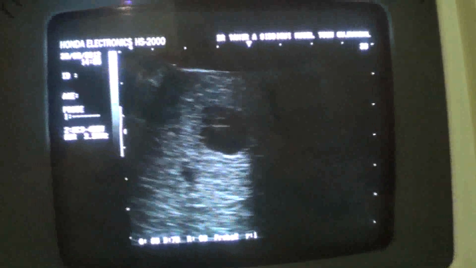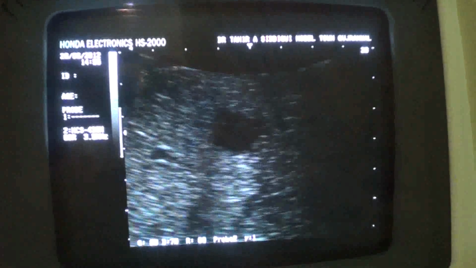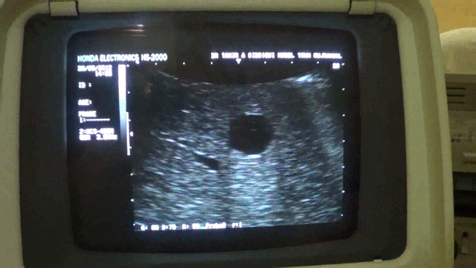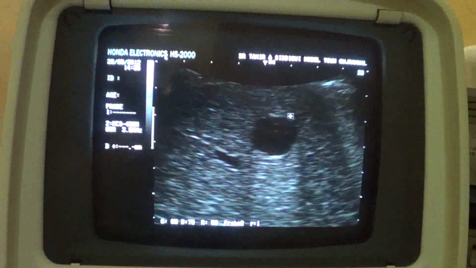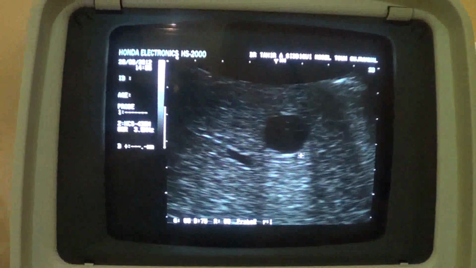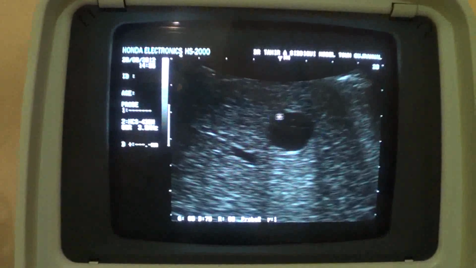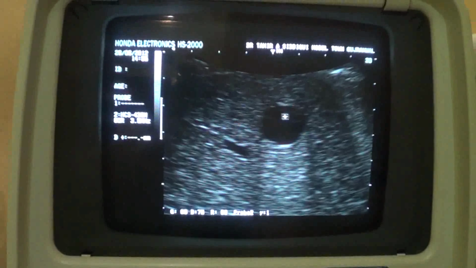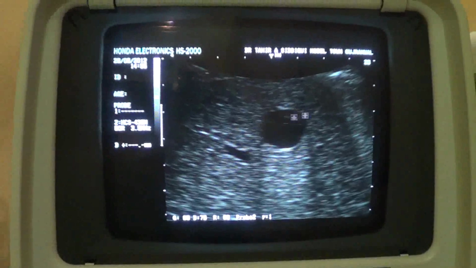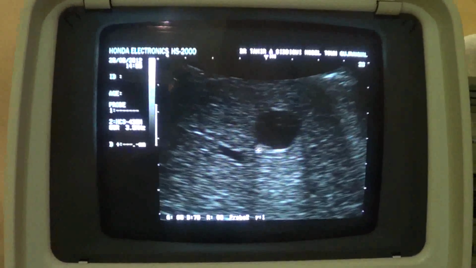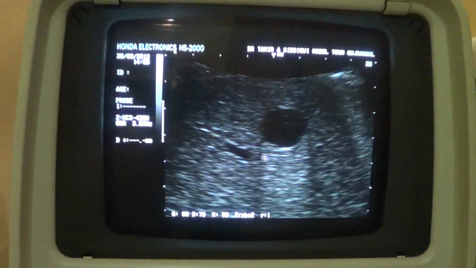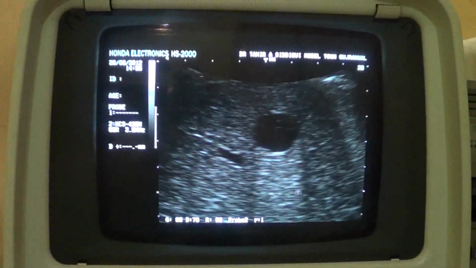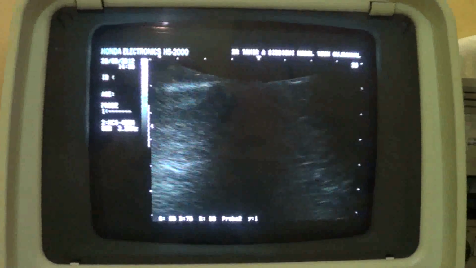Now you see that it has not changed its shape, though I have given more than 90 degrees sweep to it. It is thin walled. Number one, thin wall. Number two, internally clear, no calcification, no septa, no solid element within it. Internally clear, thin wall with posterior wall acoustic enhancement, or this area of brightness. So this is a cyst in the liver,